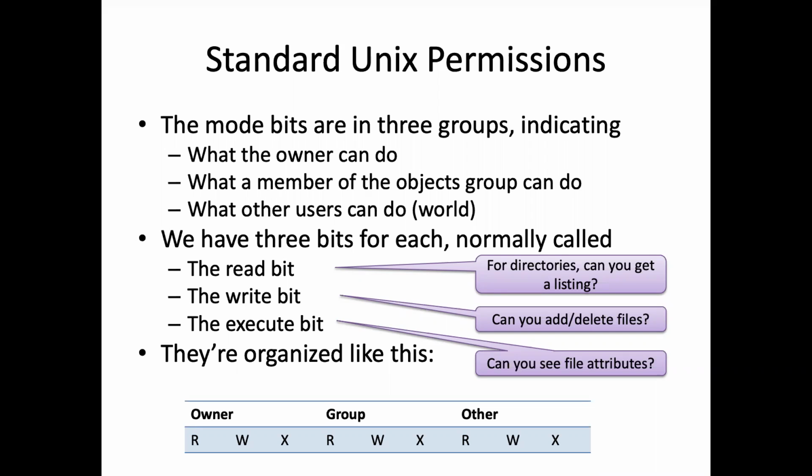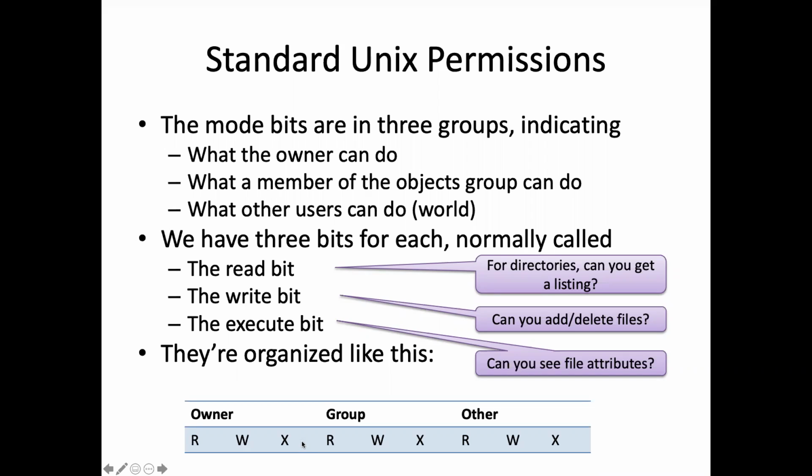There are 9 bits that are associated with that object that decide who can access that object in various ways. And that's what I've tried to list here at the bottom. Of those 9 bits, there are 3 of them that decide what the owner of that object can do. So if you're the owner of that object, can you read that thing if it's a file? Can you write to that thing? Can you change its contents? If that's a file, can you run it as if it's a program? And